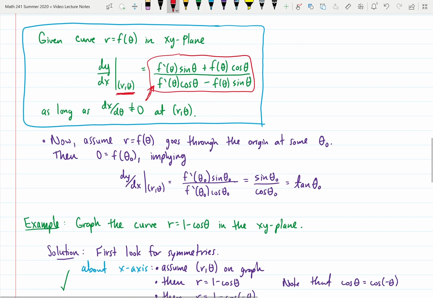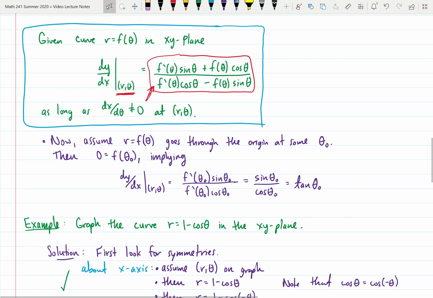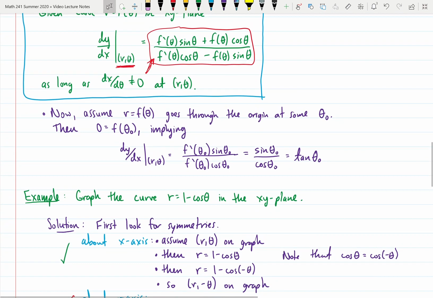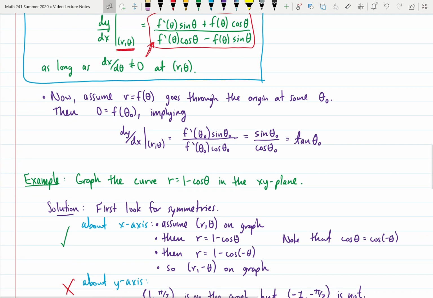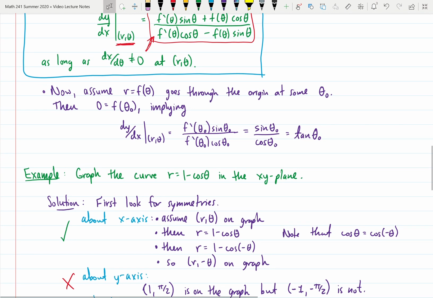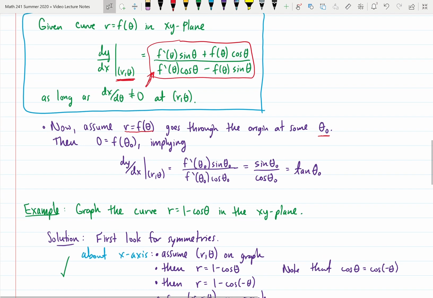So this is probably the most important theorem to take from this section. And here's a little bit of an interesting corollary to the theorem. So let's assume again that we have this curve r equals f of theta, and let's assume that the curve goes through the origin at some theta. So I'm going to call that theta theta naught. Then 0 is equal to f at theta naught,